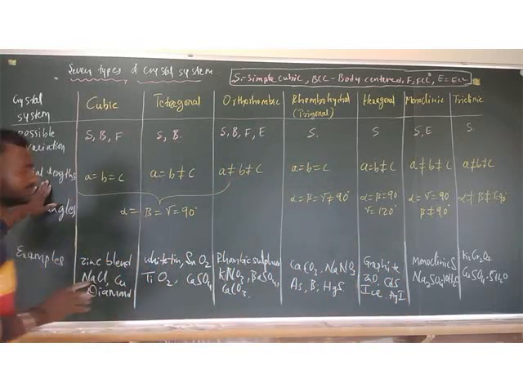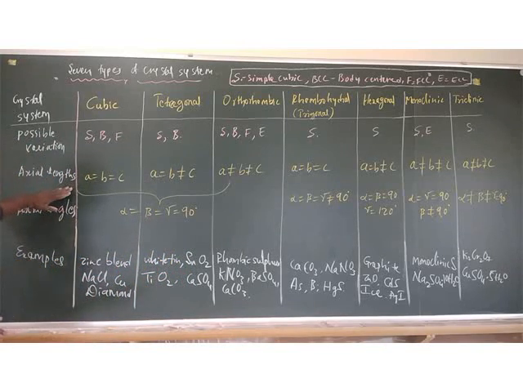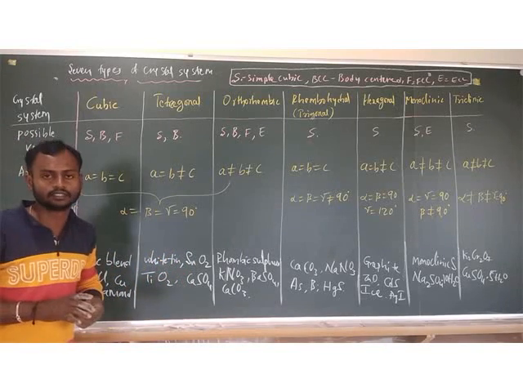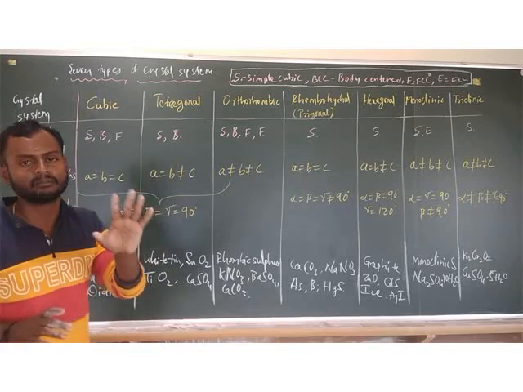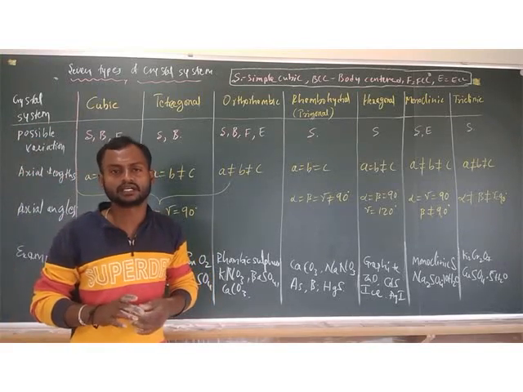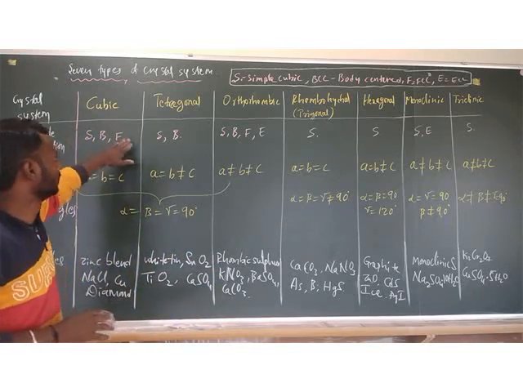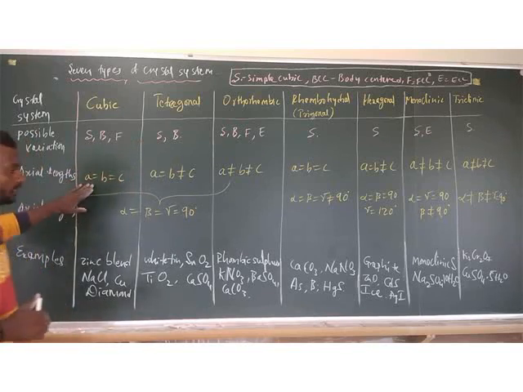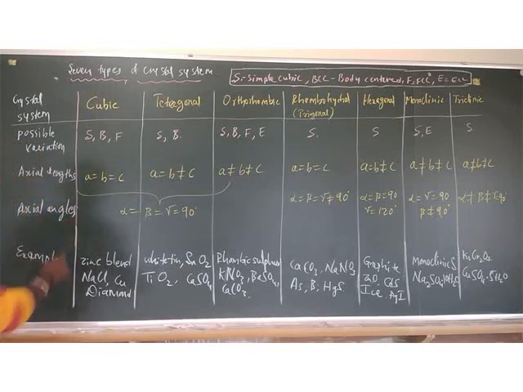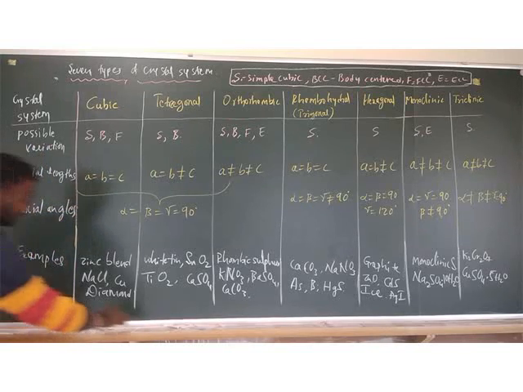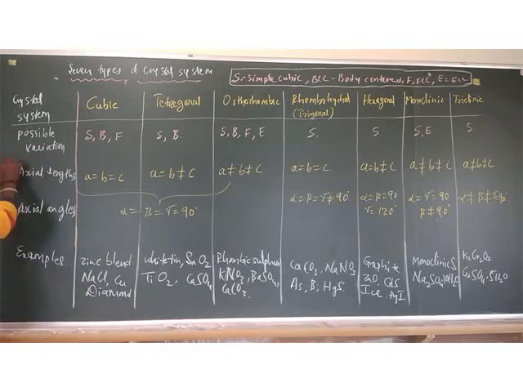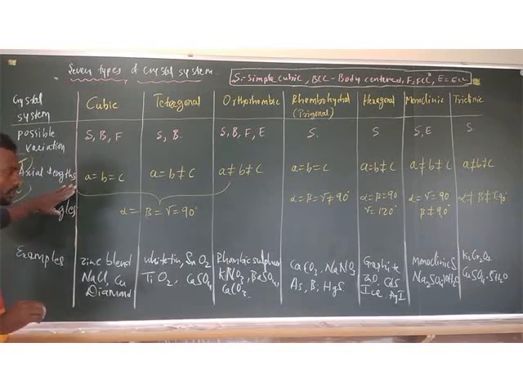And what are the axial lengths? So you know that a, b, c are the edge lengths, which may or may not be perpendicular to each other. So in case of cubic, tetragonal, these are the edge lengths as well as the axial angles. These are very important points for NEET as well as JEE exam. NEET and JEE exam questions arise on the basis of edge length as well as the axial angles.